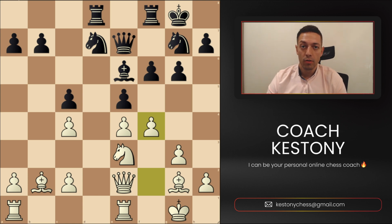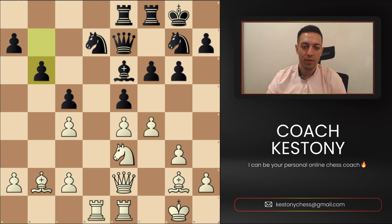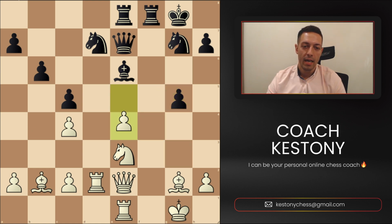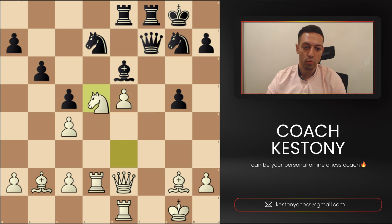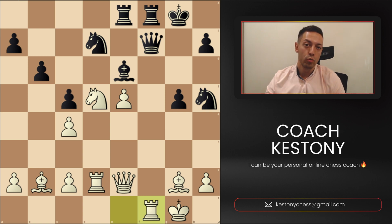And then it comes, of course, to tactics. One has to be a good calculator if he wants to apply strategy well in certain positions, especially if it's chaotic and there are lots of candidate moves in the position. So the position is very rich. But white eventually managed to open it up, and believe it or not, black is simply lost in this position. There is too much activity with white pieces that they're generating, and tactical combinations will soon follow. As you can see, the knight comes to d5 and rook f1, and soon black lost because of white's piece